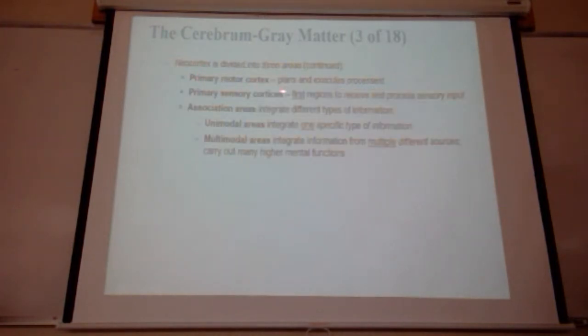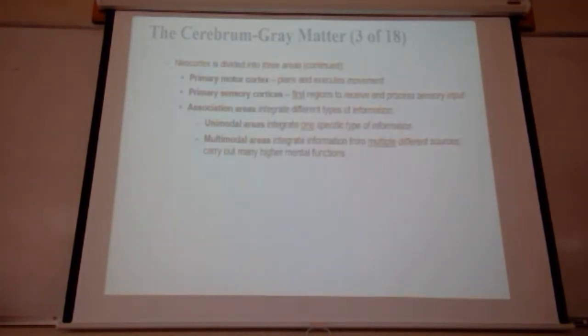Now, again, primary motor cortex plans and executes movement. Primary sensory cortices are the first regions to receive sensory input. And then from the primary sensory cortices, things move into the association areas. These are the things that integrate different types of information and process them. There's two different